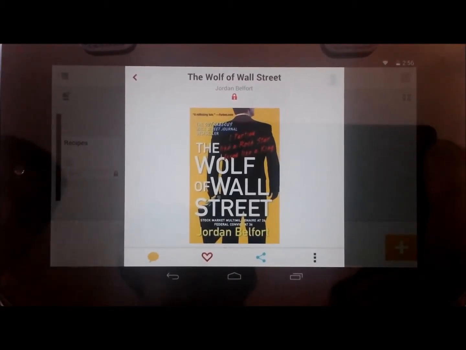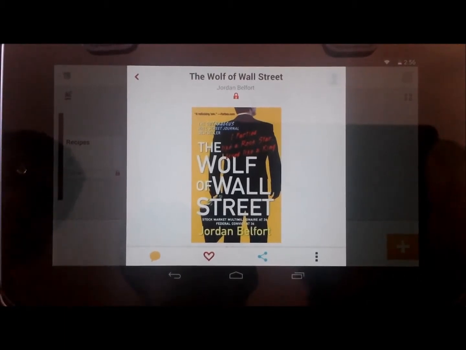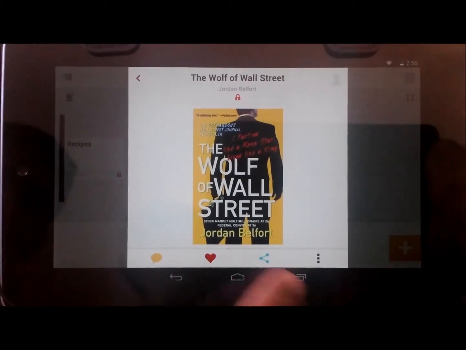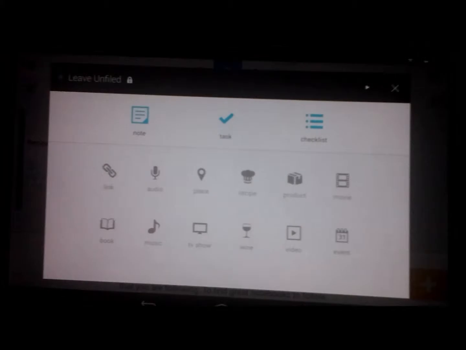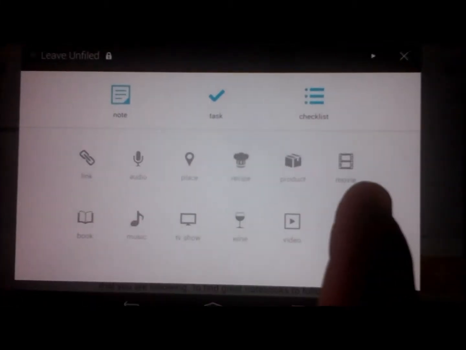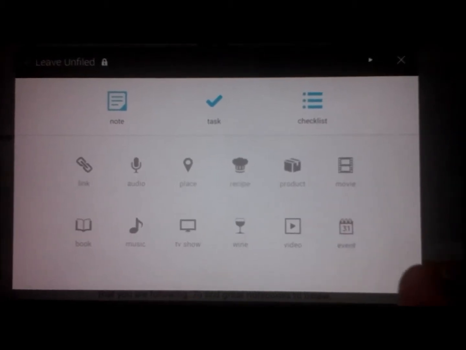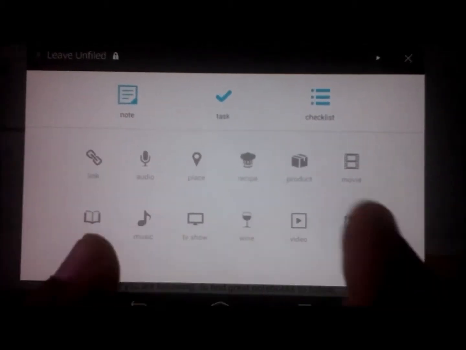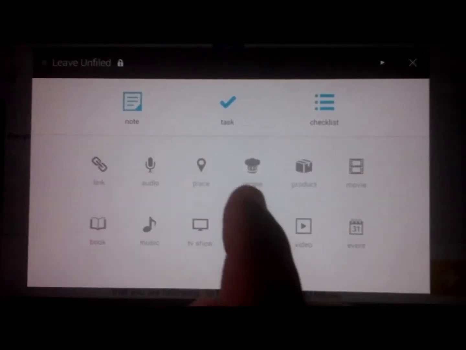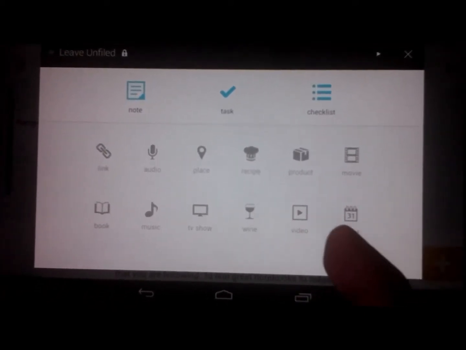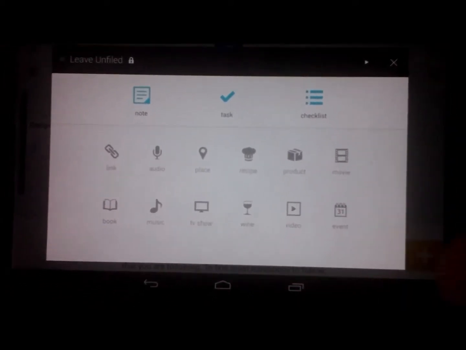You could equally get a thumbnail view, and you could share it with many people. You could favorite it. You could actually share it on Facebook. As I've shown you with a book, the remaining 12 categories can be dealt with in the same way. The most happening thing about this app is that they have included almost all the needed things. For example, you have your audio that should be notified, and a video that you could share.